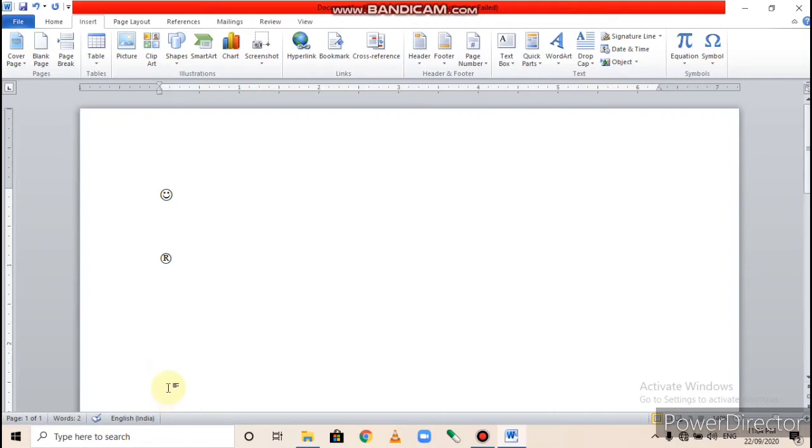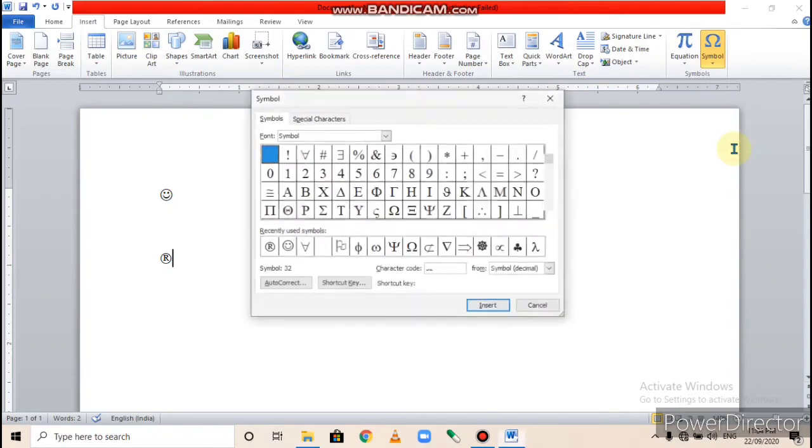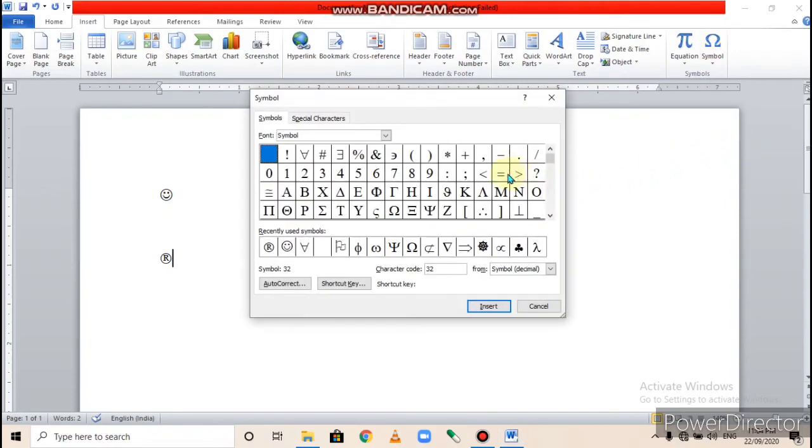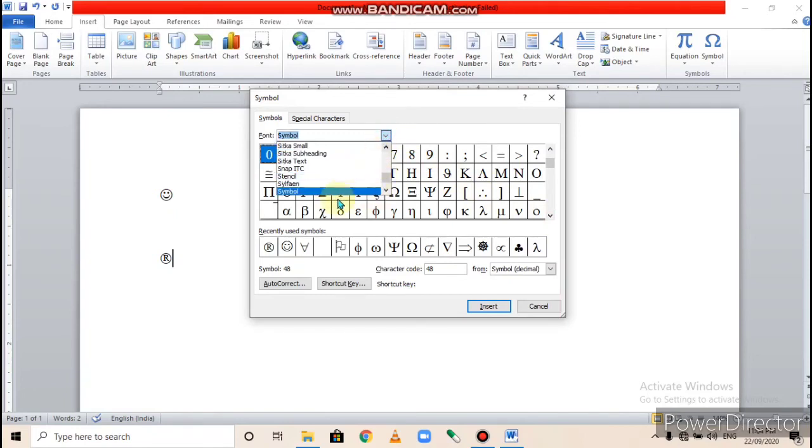More symbol option. You can insert lots of symbols present in MS Word. Insert symbol, click on the more symbol option, then choose and search for your desired symbol. Most of the symbols are present in the Symbol font and Wingdings, Wingdings 2, Wingdings 3.